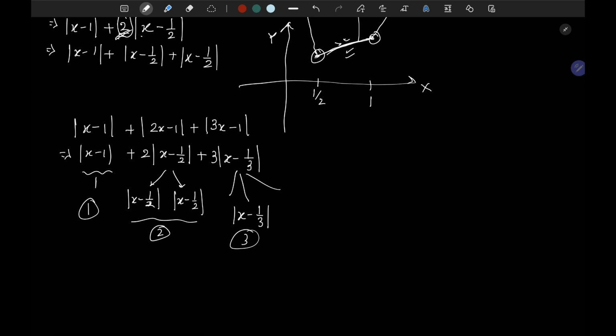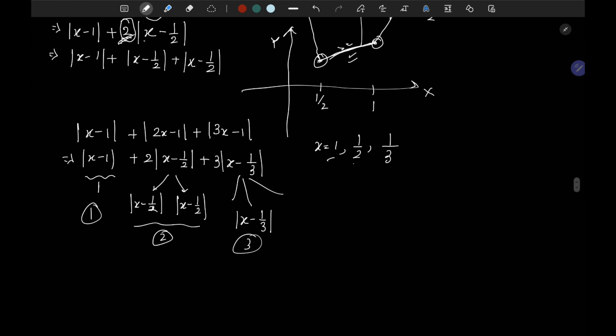We actually have a total of 6 equivalent terms, but the number of critical points is 3. As you can see, x equal to 1, x equal to 1/2, and x equal to 1/3, right? So in the graph we will still have 3 different sharp edges at these 3 different points,